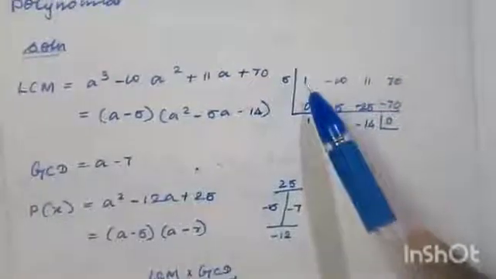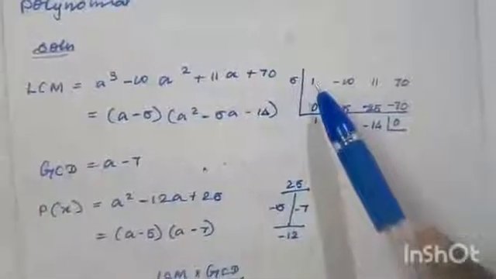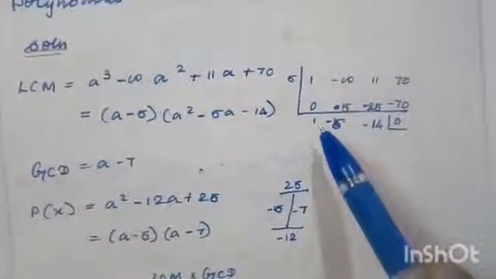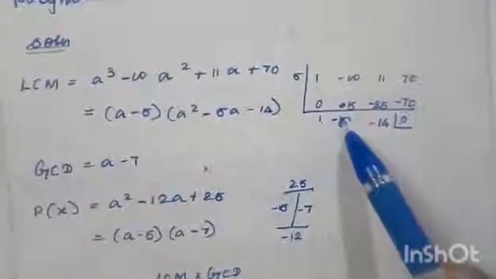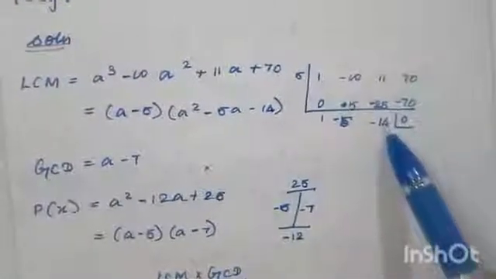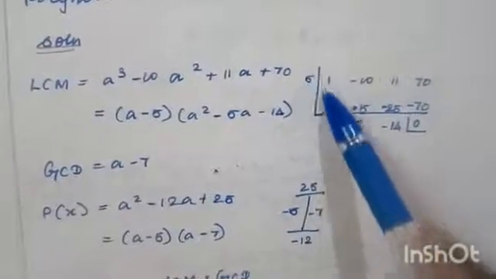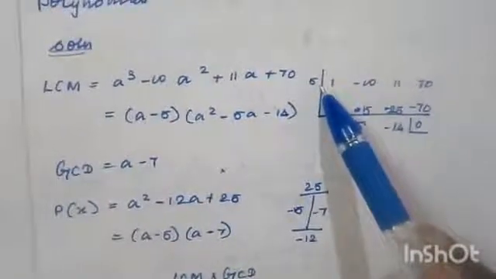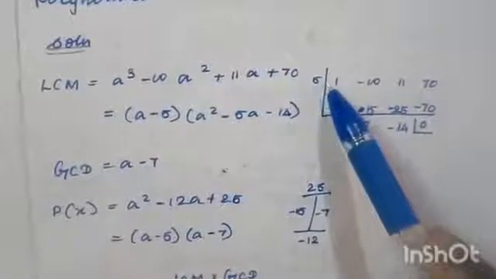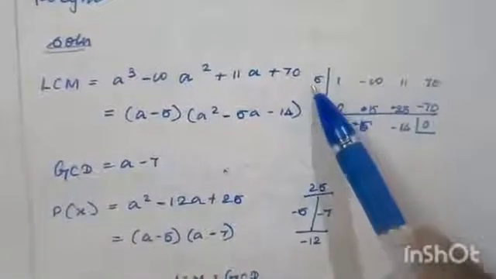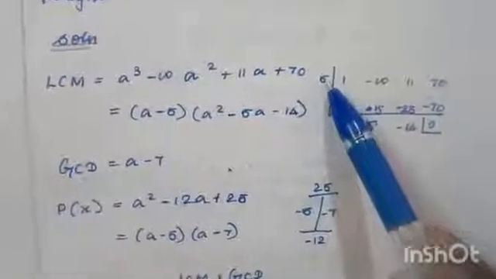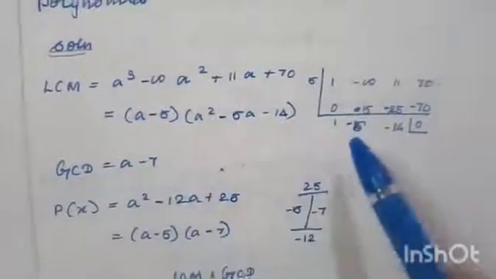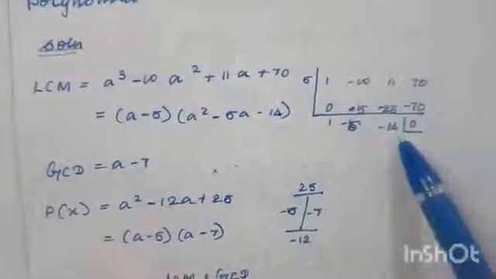So it is satisfied. So here we start with the first term a cube. So here you start from a square minus 5a minus 14. So the first factor here, suppose you use a minus number, you write it as a factor, how you write? a minus 5. Suppose minus 5, it is a plus 5. So the factors are a minus 5 into a square minus 5a minus 14.